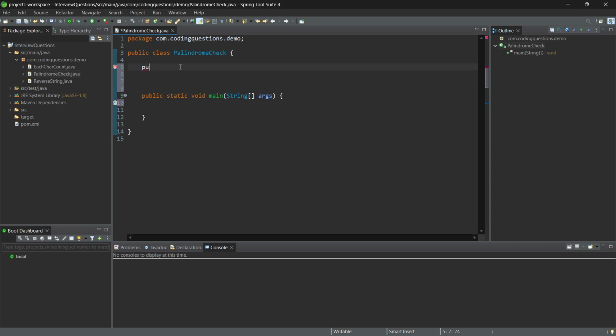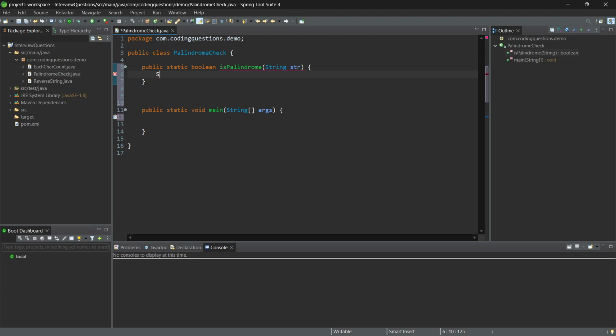So let's make it public static boolean, and we are checking isPalindrome. It must be a string, right? So let's take it as a string, and inside this method isPalindrome,